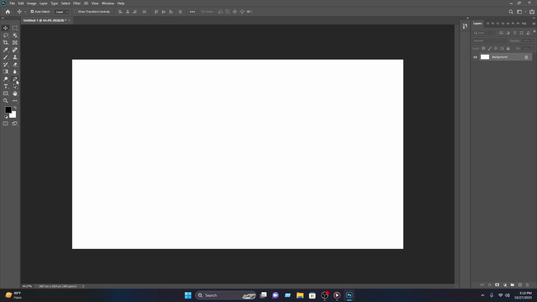After setting up the page, you have to select the pen tool from here, then you have to click on here, then select shape, then you have to click on here, then you have to click on here and draw a curve, then press and hold Alt key, then click on anchor point, then you have to click on here and draw a curve again, then press and hold Alt key, then click on anchor point again, then click on here, then select the move